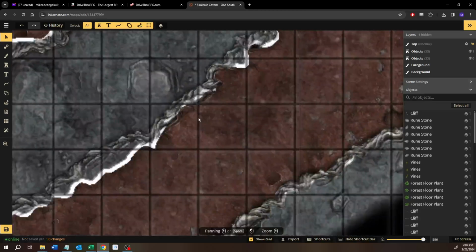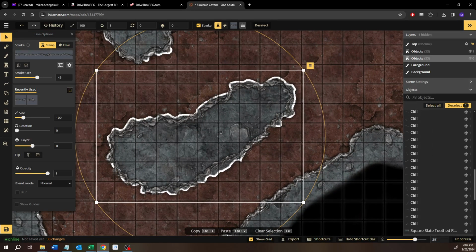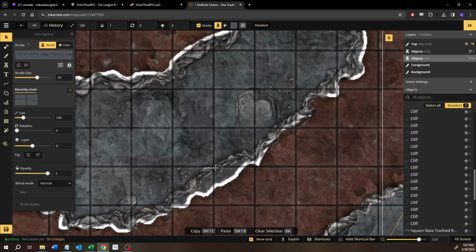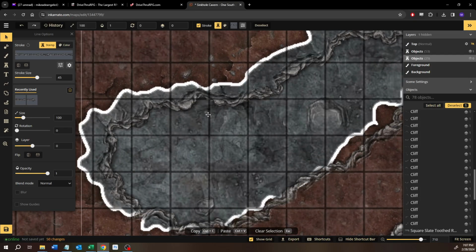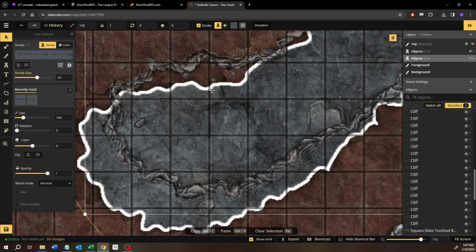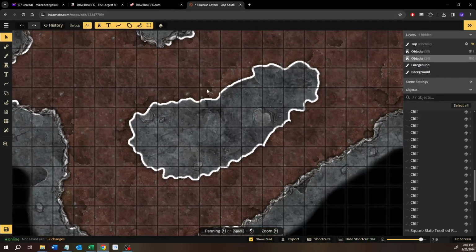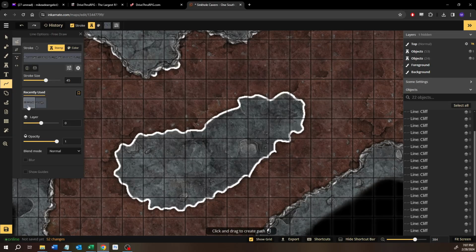I can grab these lines, I think. I feel like they're facing inward over here. Yeah, let's redo that. And then the nice thing about us doing it that way is you'll be able to see kind